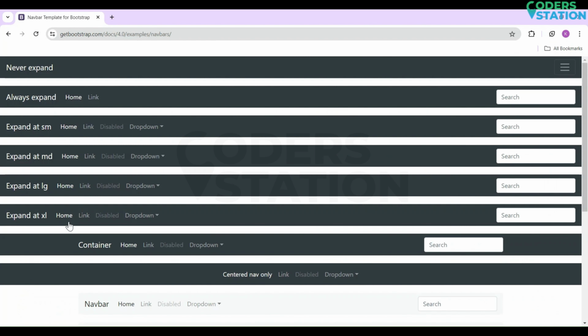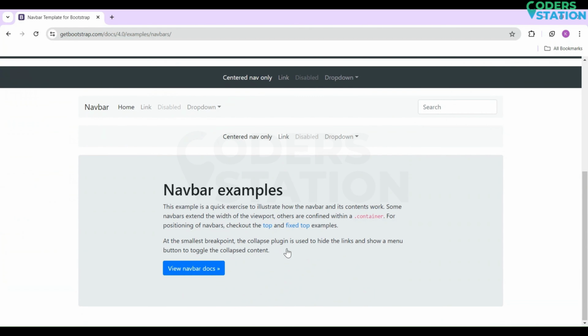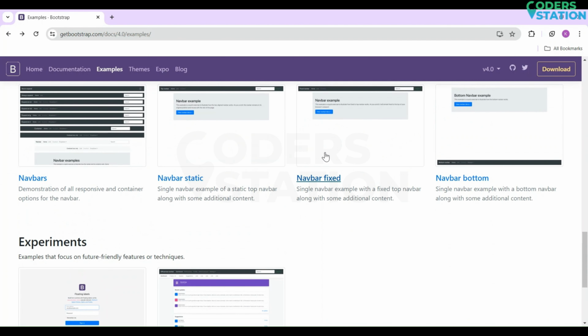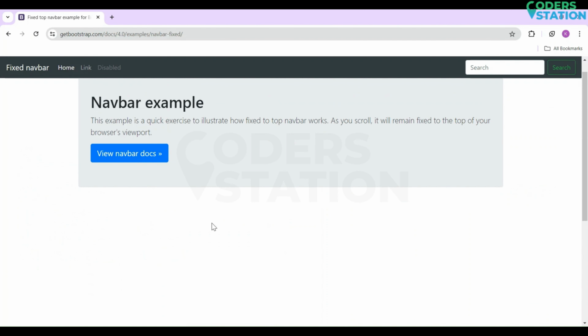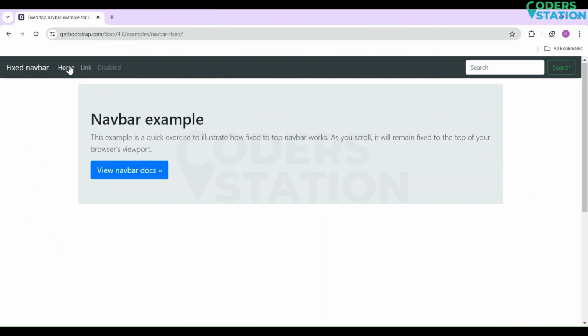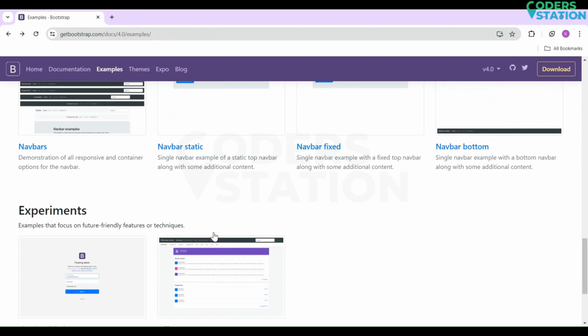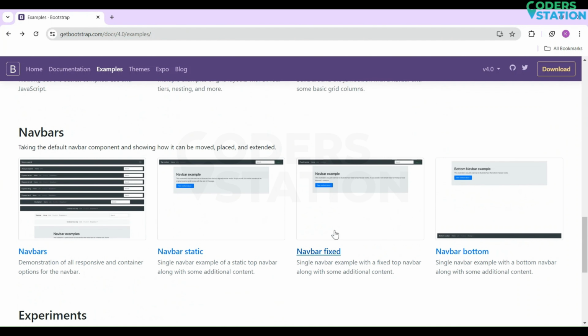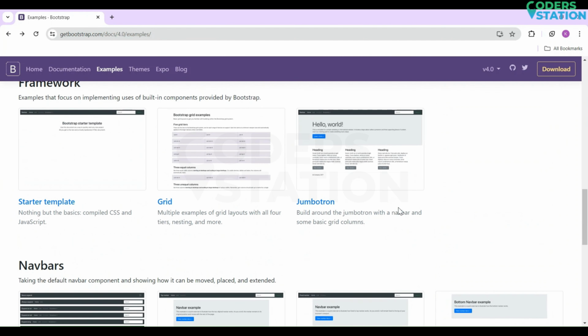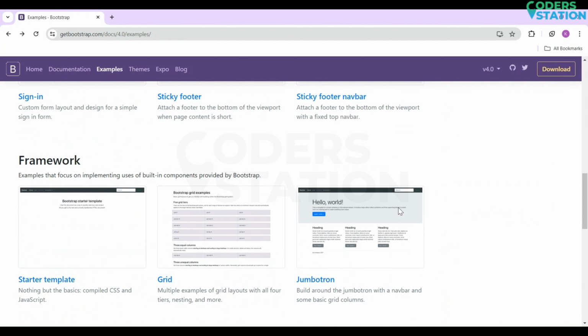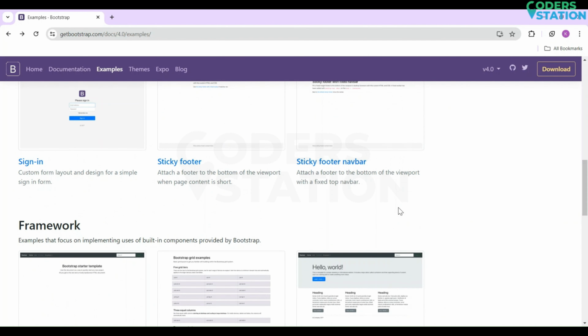See, here you have navbars too. There are a list of navbars. If I click any one of the drop downs, I get a list of menus that this drop down contains. Then we also have fixed navbars. Whenever I scroll down, the navbar remains fixed. So this is called a fixed navbar. Each and every code you are getting on this website. In this series, I will help you learn how you can use Bootstrap to design your best website.